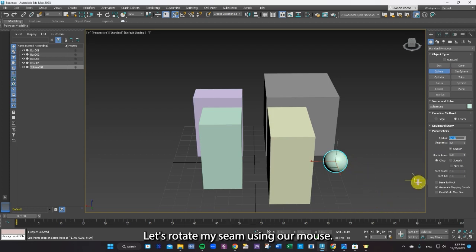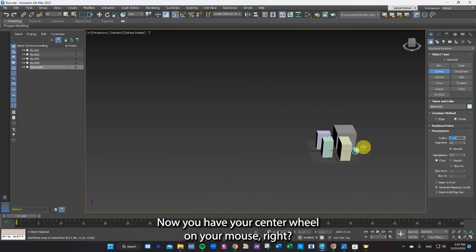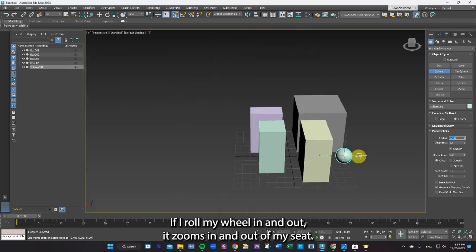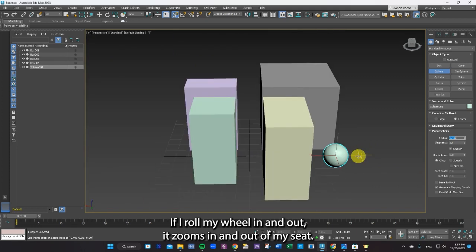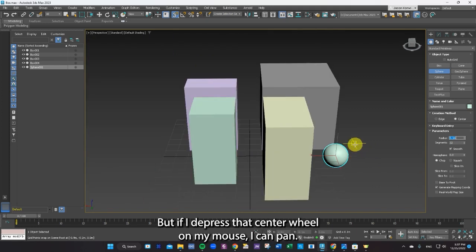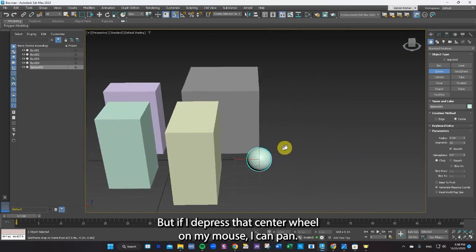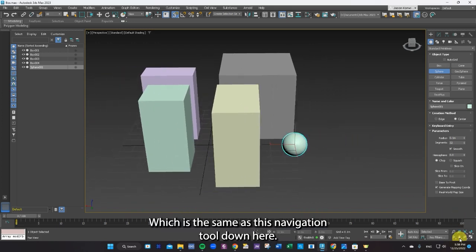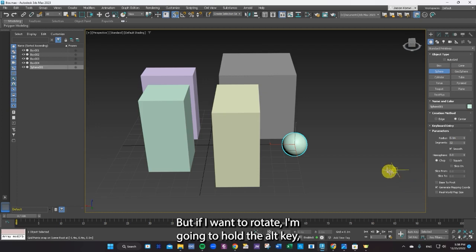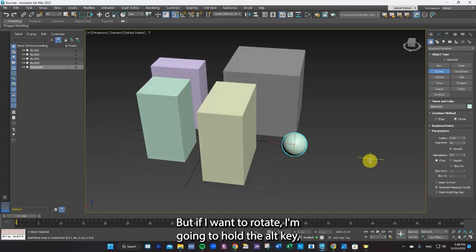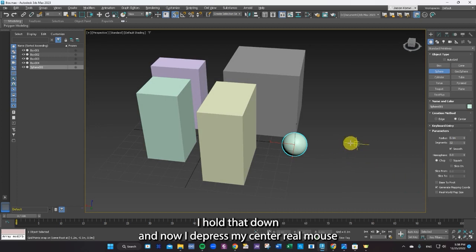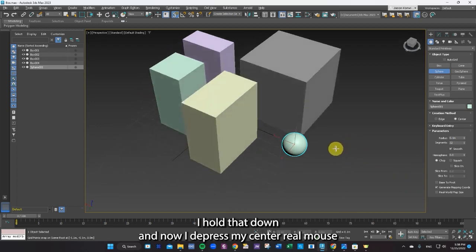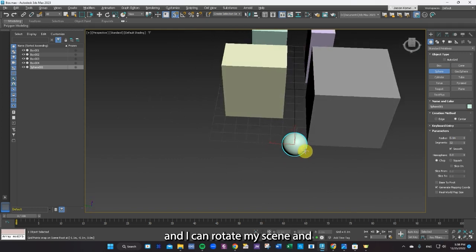How do I look? Let's rotate my scene using our mouse now. You have your center wheel on your mouse, right? If I roll my wheel in and out, it zooms in and out of my scene. But if I depress that center wheel on my mouse, I can pan, okay? That gives me my hand, which is the same as this navigation tool down here. But if I want to rotate, I'm going to hold the Alt key, which is next to the spacebar on my keyboard. I hold that down, and now I depress my center wheel mouse, and I can rotate my scene,